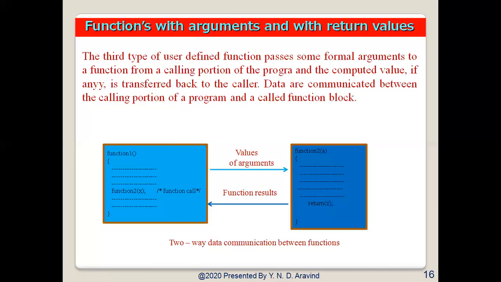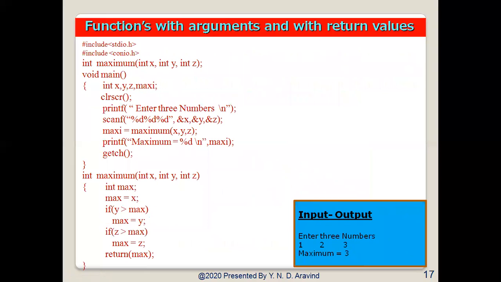Now let us see that with the same example of finding out the maximum of three numbers. Here also you can see I have declared the function. Since I have only declared the function, I have used the semicolon here. Now the program will start with void main. The void main is having three variables, and these three variables are being accepted. So x, y, z, we are accepting the values of x, y, z, and those are being passed into